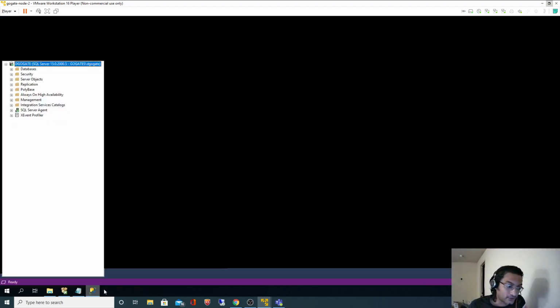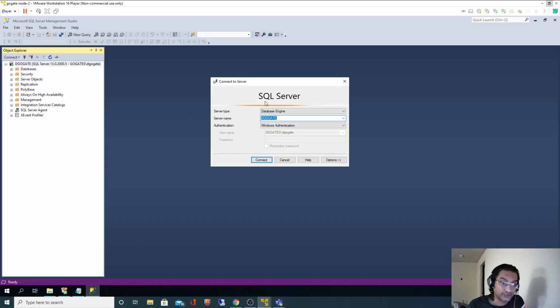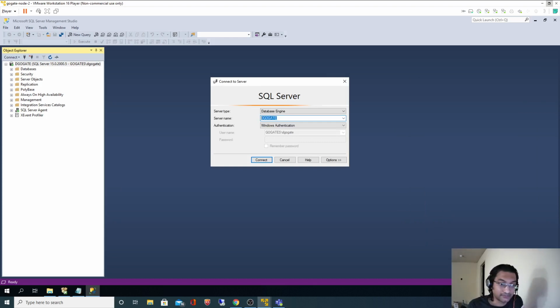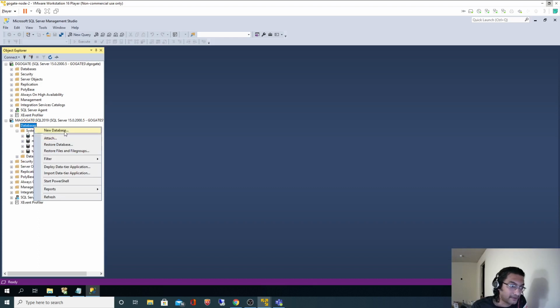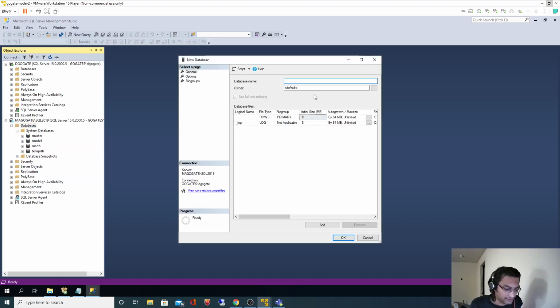And let's go back to our SSMS. Now we'll connect to the new instance. As I said earlier, since it is a named instance, we have to connect by cluster name slash instance name. Connect. Perfect. If I go back here, I have all the system databases, and let's create a new database called HR2, or I will keep the same name, HR database.